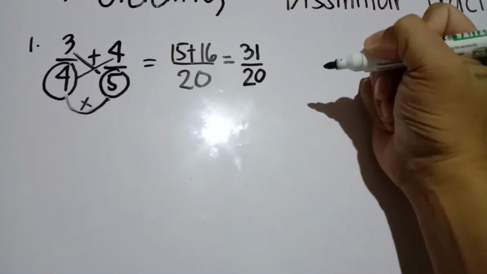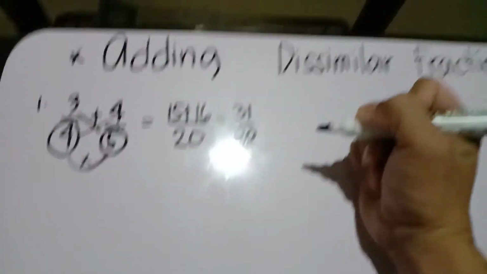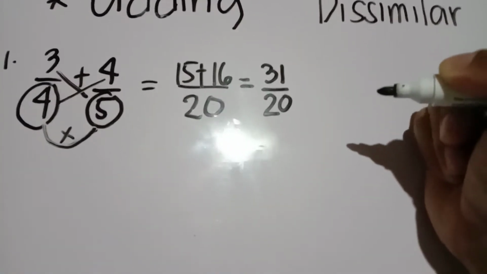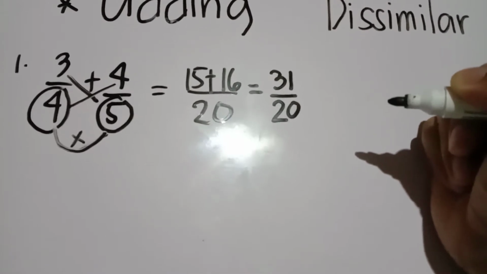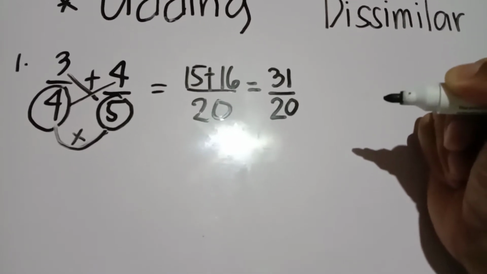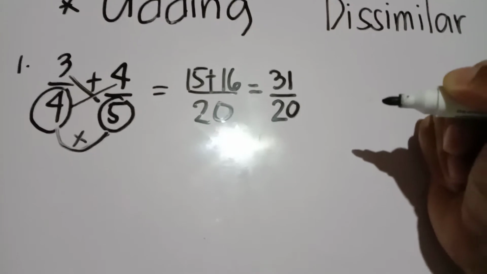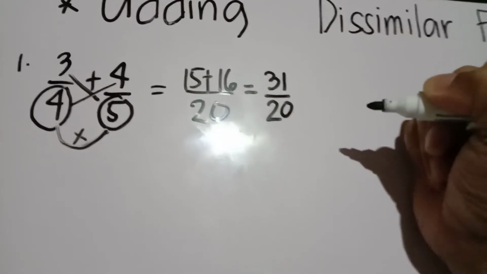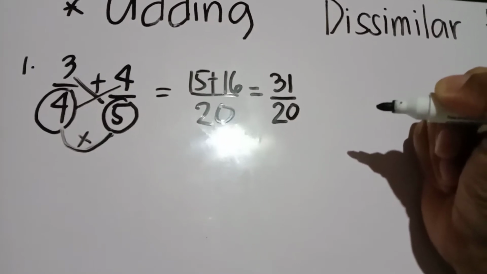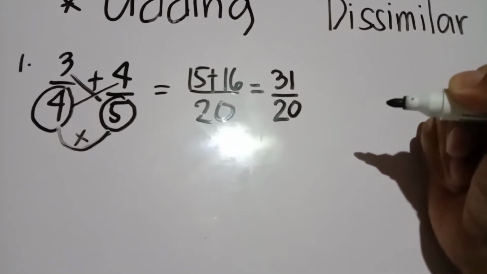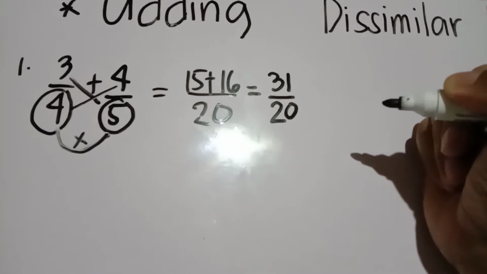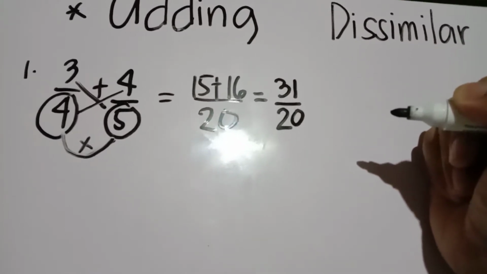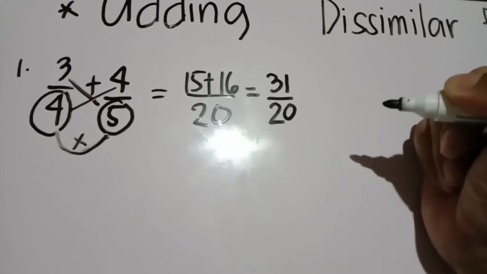Now look at the answer, or the fraction. The answer is 31 over 20, and it is an improper fraction. So what are we going to do if our answer is an improper fraction? I have mentioned this before in the previous videos that I made. So if our answer is an improper